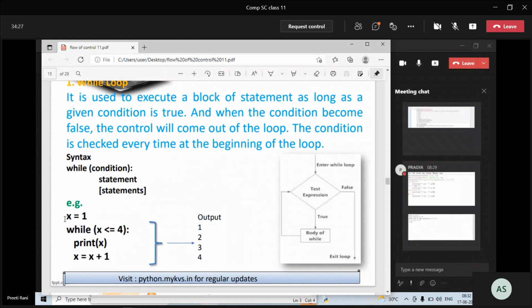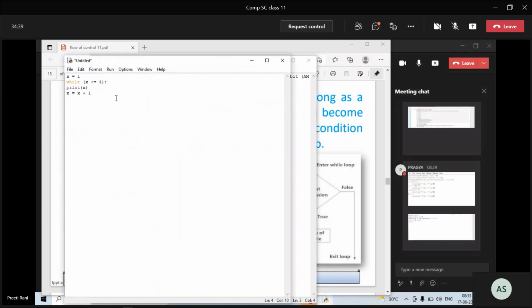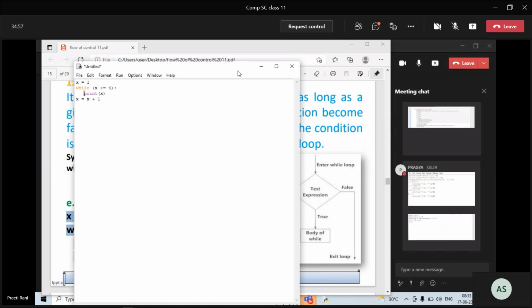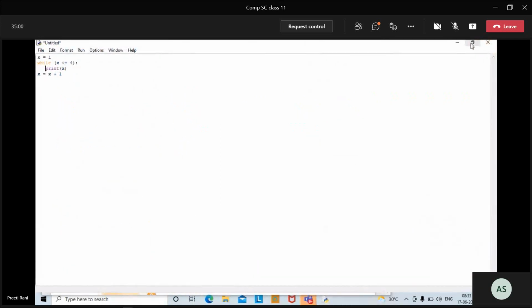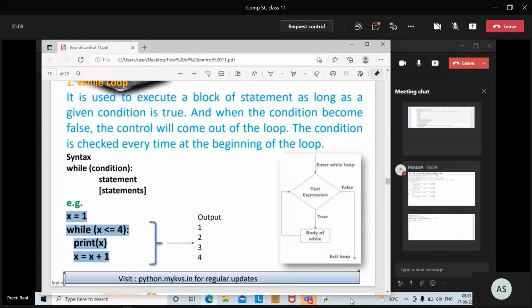We should wait a minute, we should copy this. x equals 1, while x is less than or equal to 4, then it will print the value. Wait a minute. Where did it go?